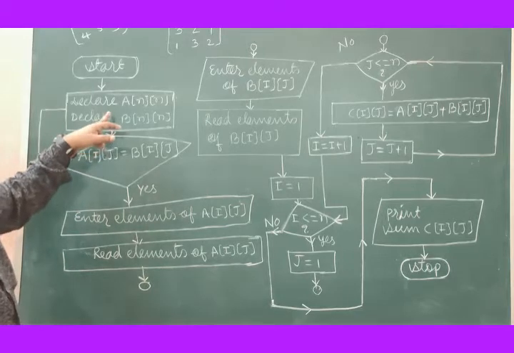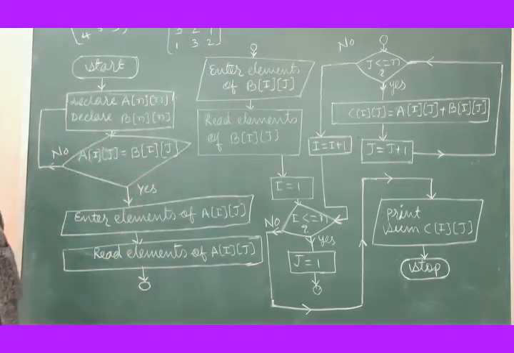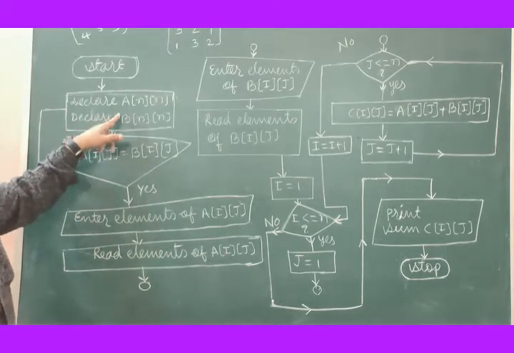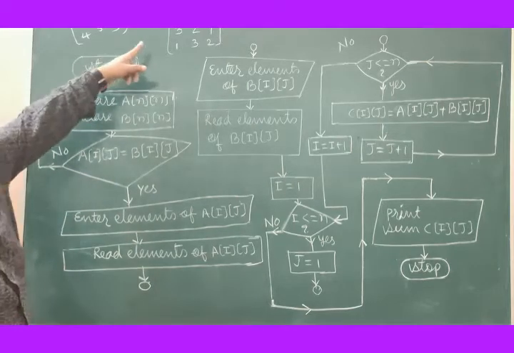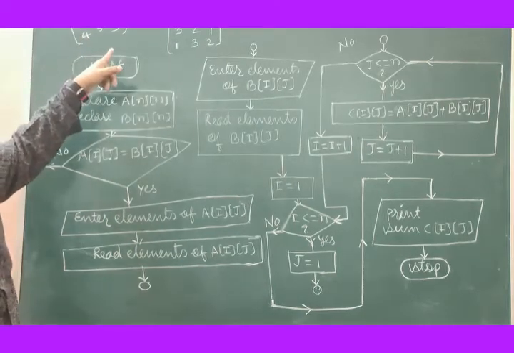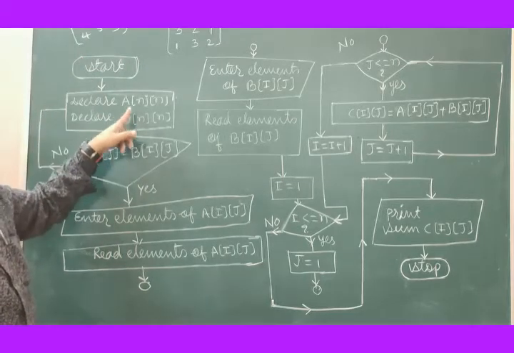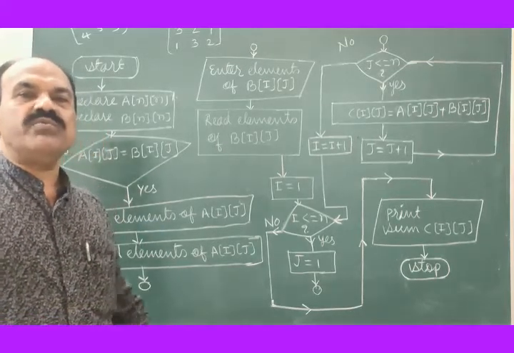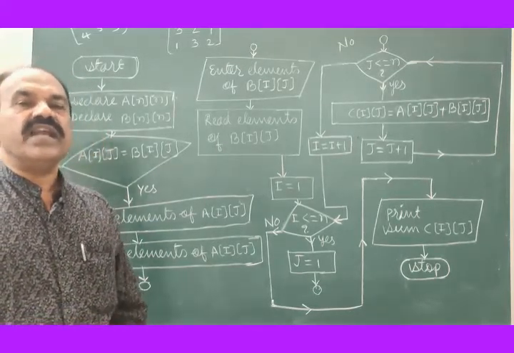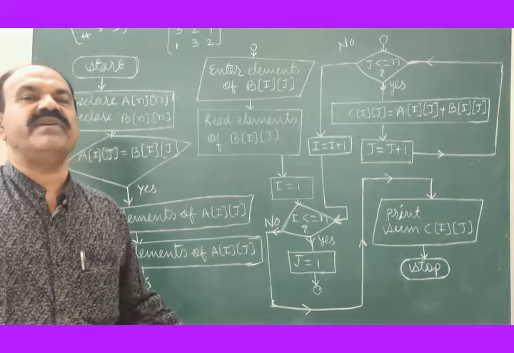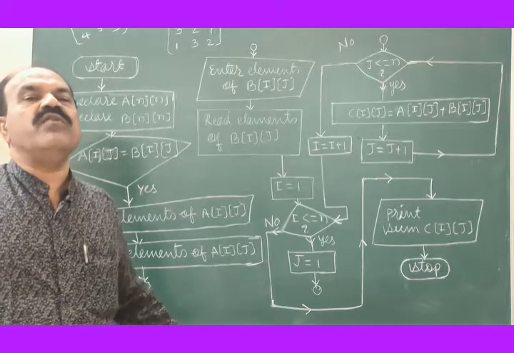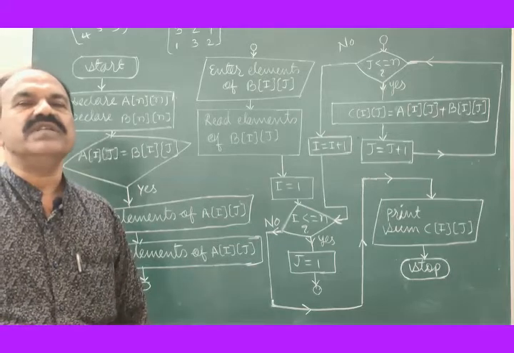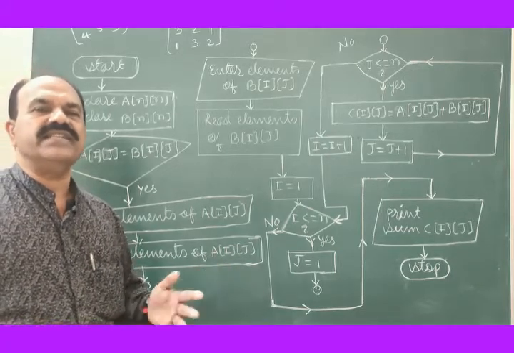Although here I have taken dimensions of A and B same, I have to verify here whether it is n by n matrix, 3 by 3 matrix, just like this. N is variable. I can have value of n as 2, 2 by 2 matrix. I can have value of n as 3, 3 by 3 matrix. I can have value of n 4, 4 by 4 matrix. You can select any value of n for the row and the column.